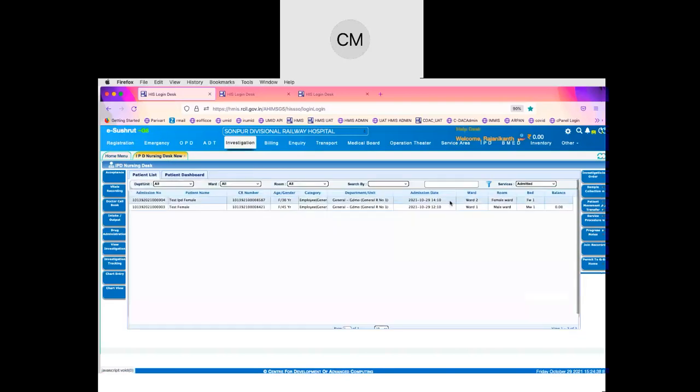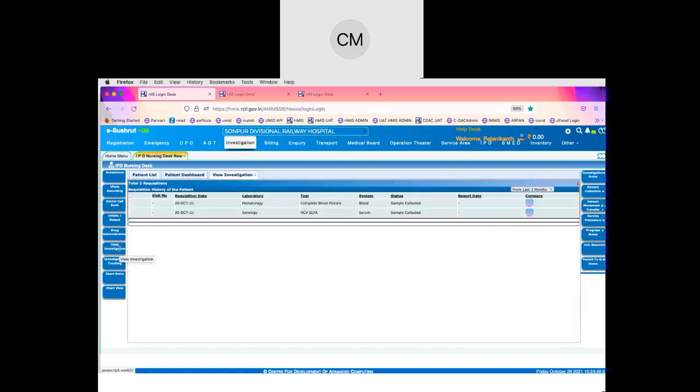After sending these samples to the lab, the rest of the process will be completed by the lab users, and then the nurse will be able to see the investigation reports directly from the view investigations option. Here they will be able to see the status of the samples. Earlier we had seen only that the request had been raised. Now the samples have been collected, and that status got updated here. And once the reports are generated for this test, the nurse will be able to directly see the reports here, and nurses do not have to wait for the physical reports to come from the lab to the wards.